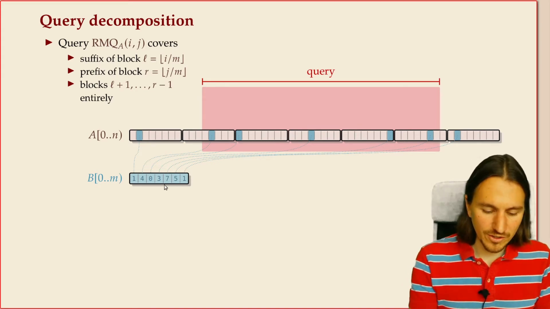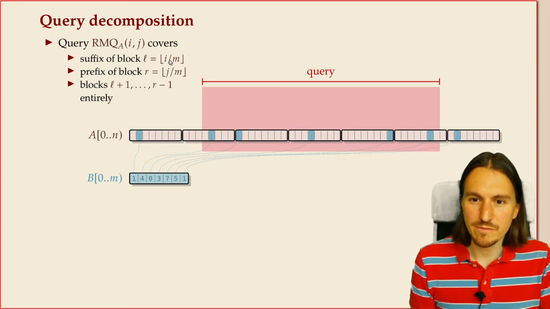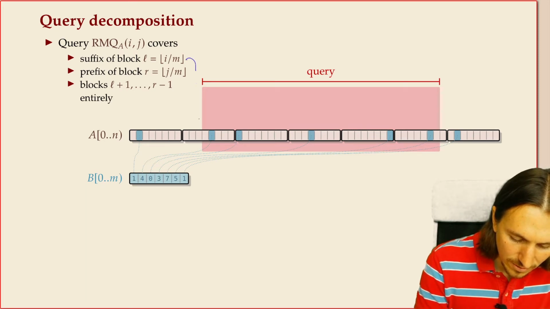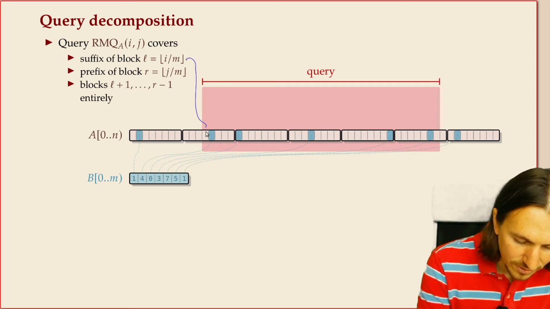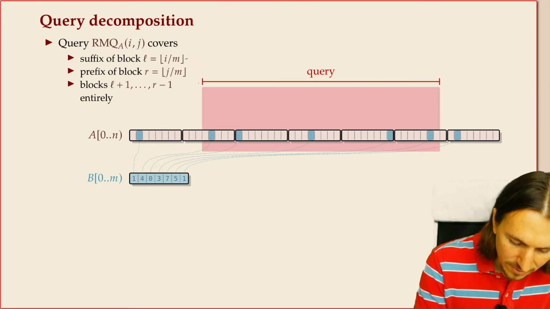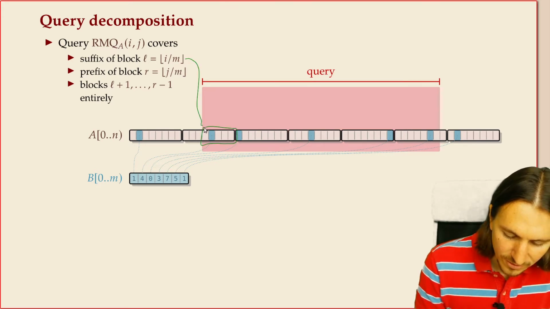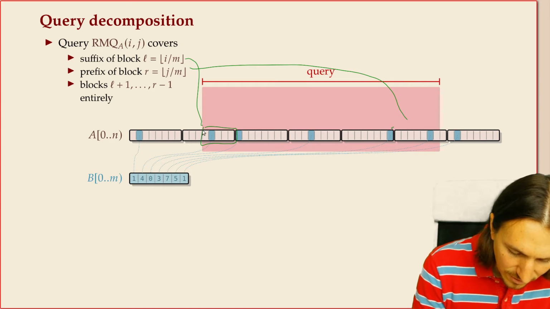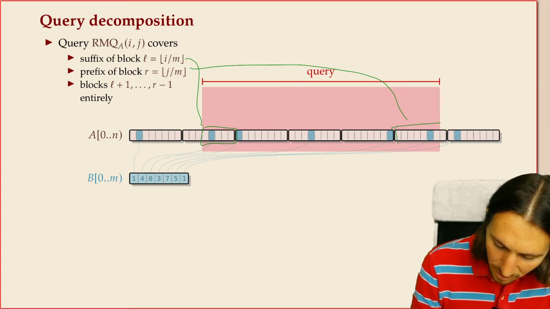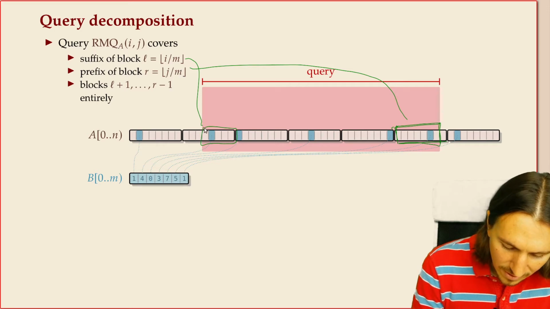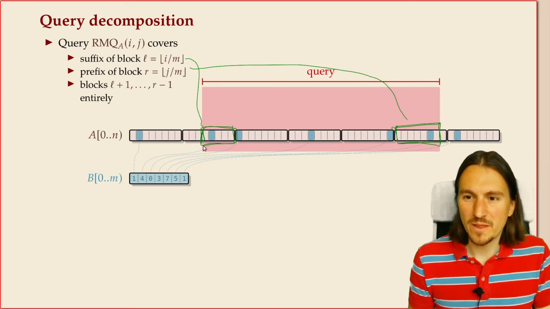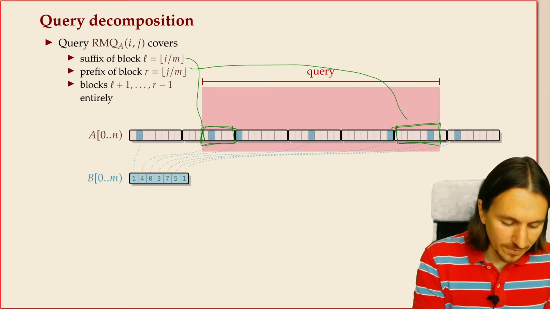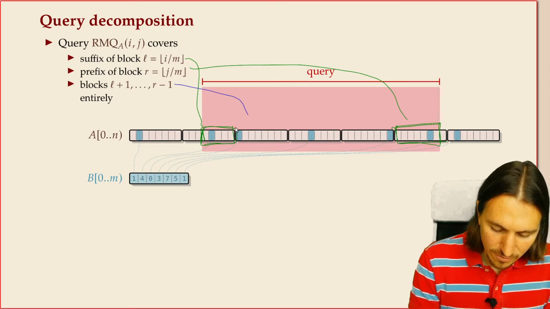Well, first of all, notice that any such query actually covers 3 ranges. There's a certain part here. So here's a suffix of that block that's covered. And here's a prefix of that block that is covered. So we have a part of a block at the beginning and at the end of the query. But then in the middle, we have a range of blocks,